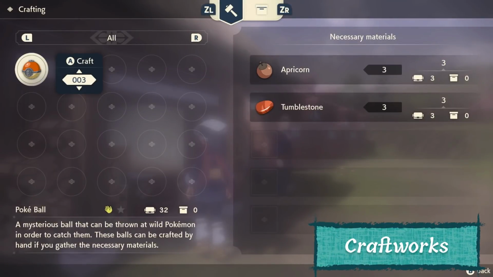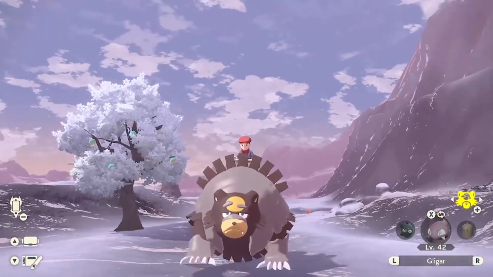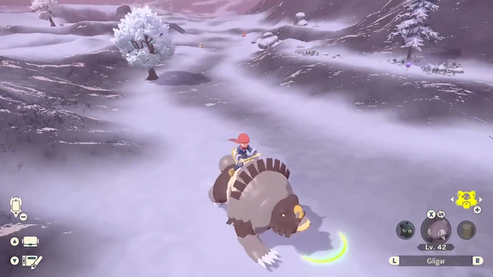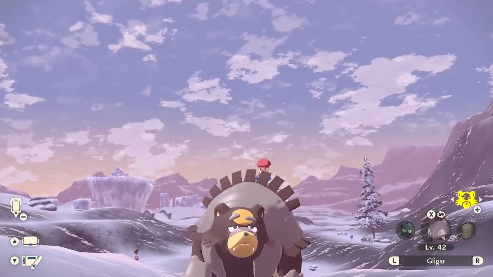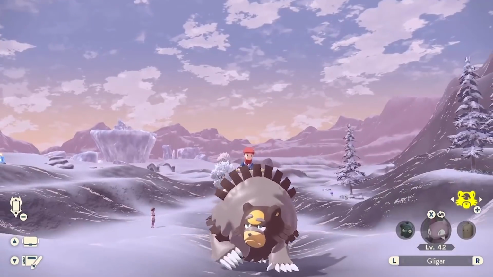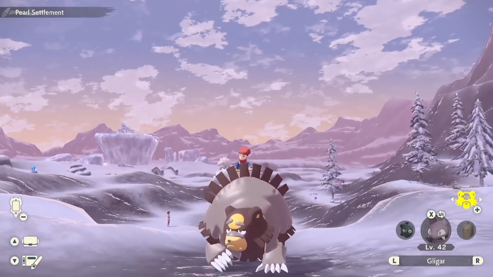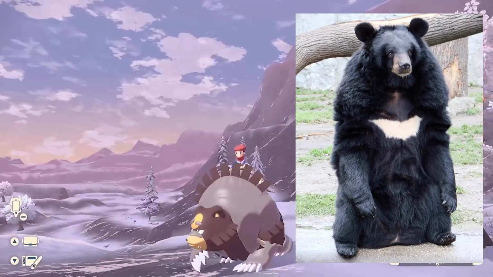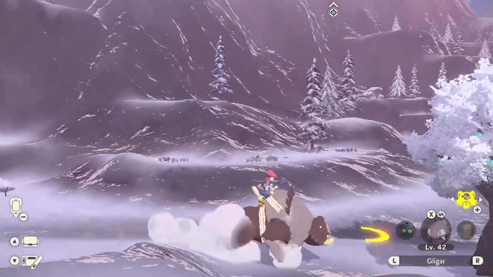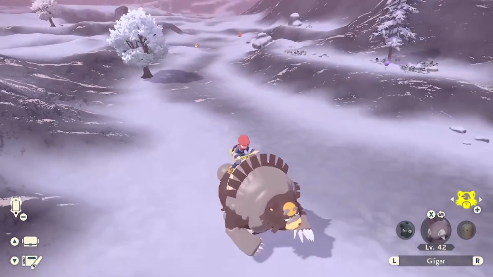And last but not least, we have a detail about one of the brand new Pokemon in this game. Ursa Luna is a brand new evolution to Ursaring and is also one of the ride Pokemon in the game. However, what's very cool about Ursa Luna's design is that it has a hidden reference to its origins. Ursa Luna, as well as its pre-evolution Ursaring, are based on Asian black bears, which are also known as moon bears. This explains why you have to evolve Ursaring on a full moon in order to get a Ursa Luna,